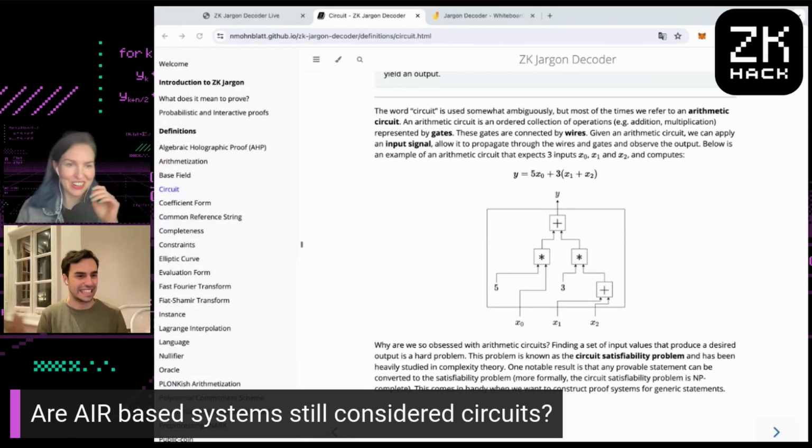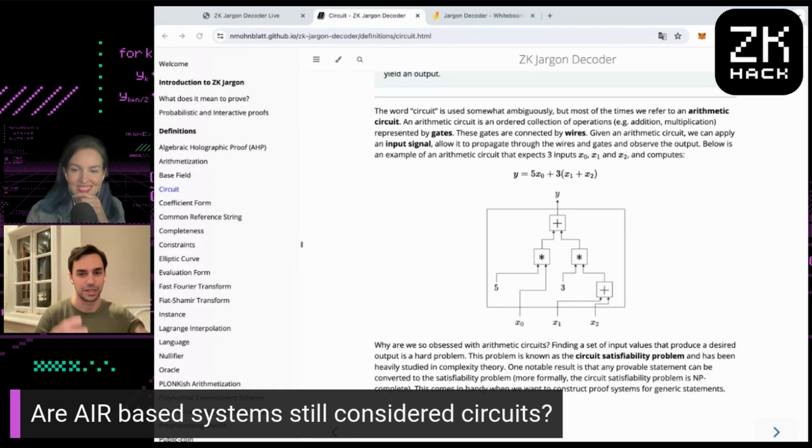I think I want to try to use the terminology right there. So you know how I was saying circuits capture all provable statements? AIR captures all circuits, therefore captures all provable statements. But similarly, R1CS captures all circuits and therefore all provable statements. Like you have these boxes. So in a way, they're not the same, but they're the same. Like that's the sort of unsatisfying answer.